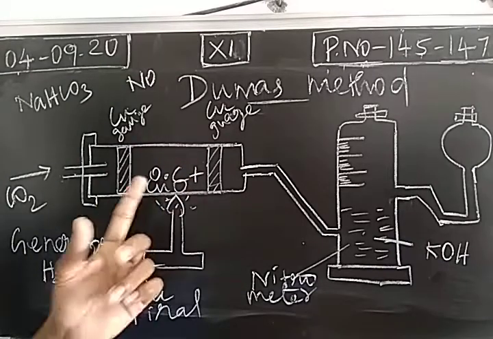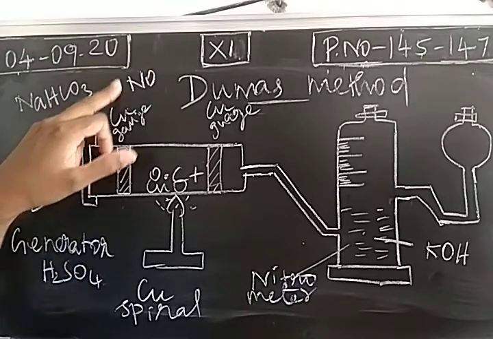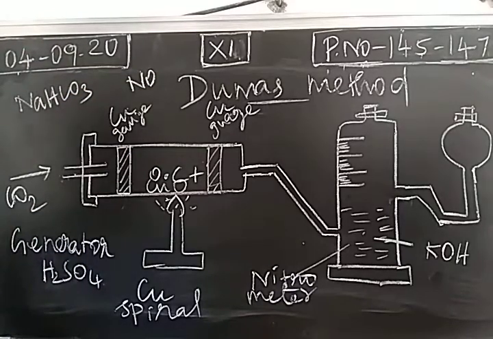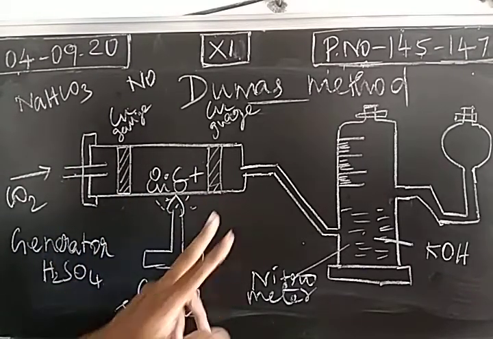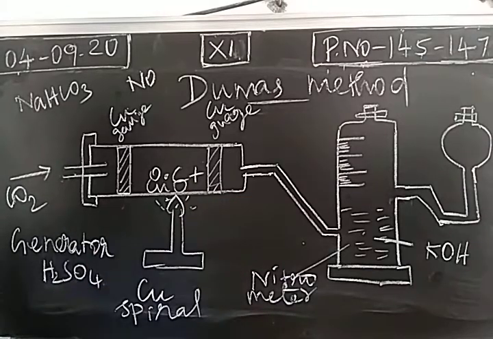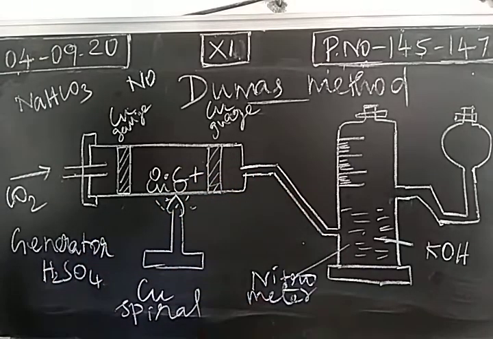So when the organic compound is heated with copper(II) oxide in the presence of carbon dioxide, nitrogen can be formed as oxides of nitrogen. To reduce this, we use the copper spiral. And why do we have to use this copper gauze? Because this prevents back diffusion of the nitrogen. Nitrogen gas will be produced when we heat it. The nitrogen gas has to pass through the delivery tube, so it should not return back. So the diffusion of nitrogen backward will be prevented by this copper gauze, right? So this is preventing the backside diffusion of nitrogen molecules.